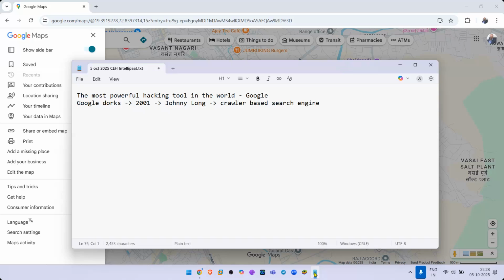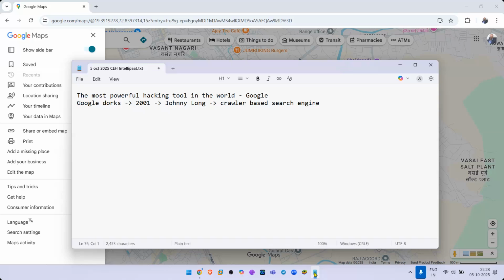Before that, there was Yahoo. In Yahoo, you make a website and you submit that directory to Yahoo. It was a directory-based search engine. So it is just a directory and it's showing you the details. Google is a crawler-based search engine. It crawls through all the websites on the planet and it creates an index of everything. And when I say everything, I literally mean everything.